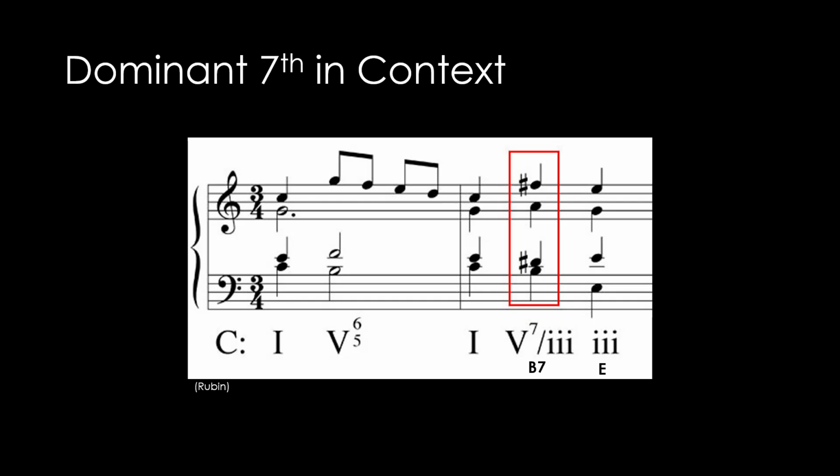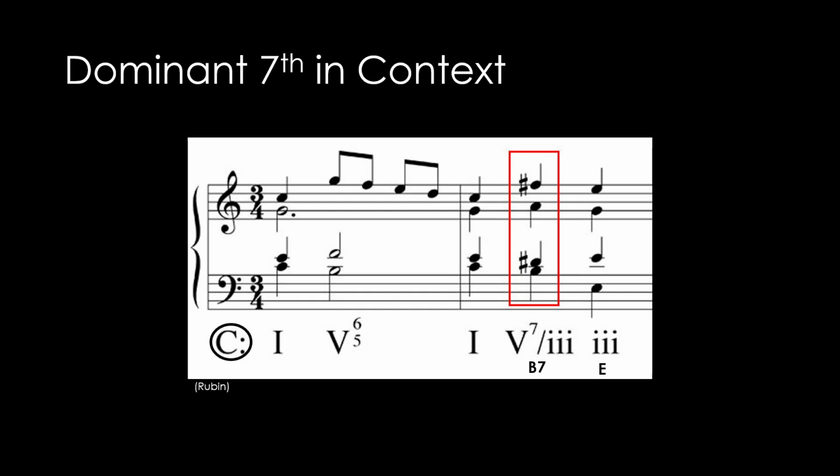This example shows how a secondary dominant chord works in the context of a progression. As you can see, our original key is C. This key signature has no sharps or flats. Our chord that is not diatonic to the key possesses the non-harmonic tones of D sharp and F sharp. The secondary dominant is the V7 of the key of E, not C. As you can see, our leading tone of D sharp resolves up to E, and our chordal seventh resolves down